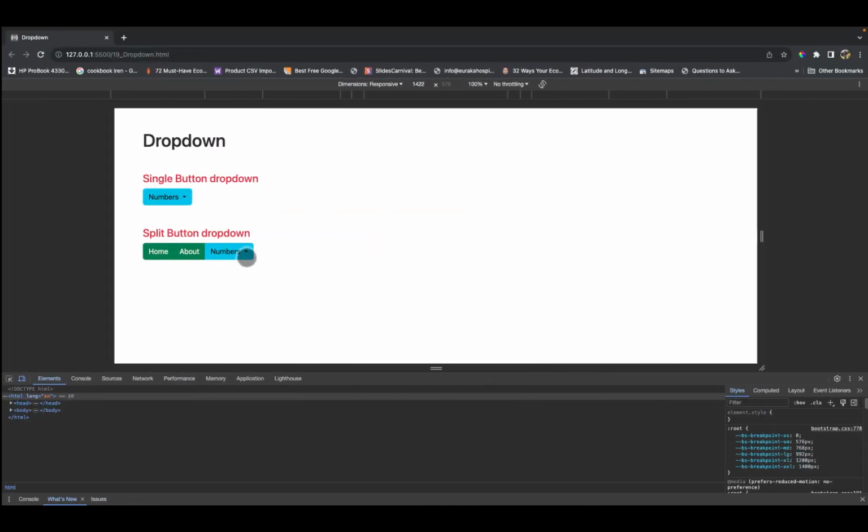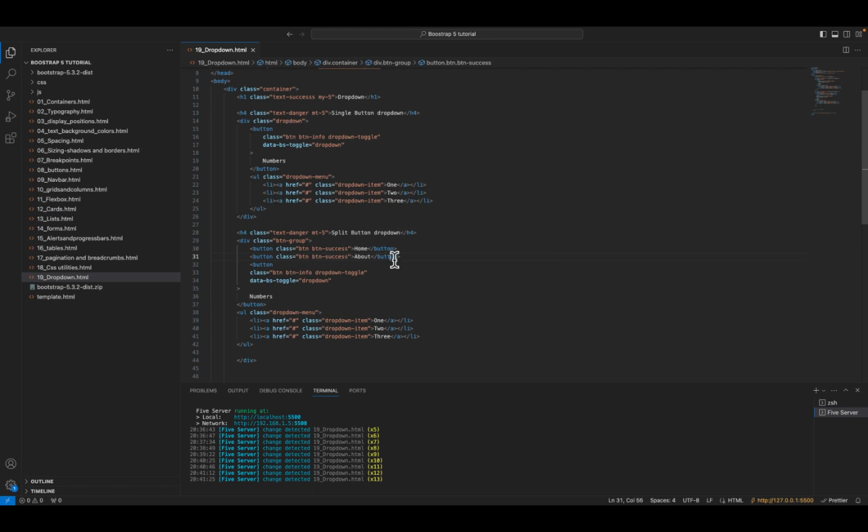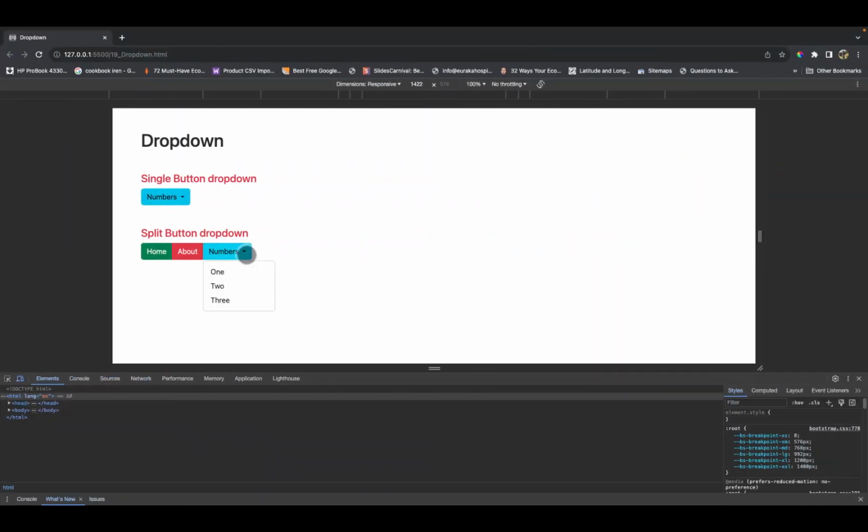You see, that's how it's going to appear. So I'm going to delete this, but actually let me leave it here and just do btn-danger. And that's how button groups will appear as a split button with these drop down items. But it's also important for us to know that we can also create dark drop downs, and the way to